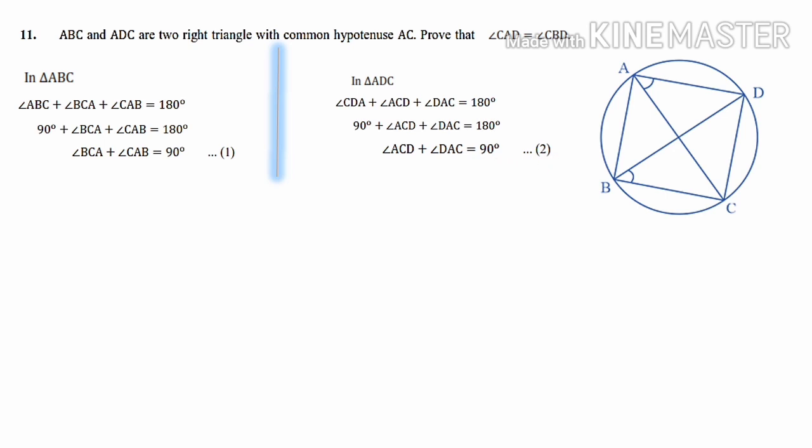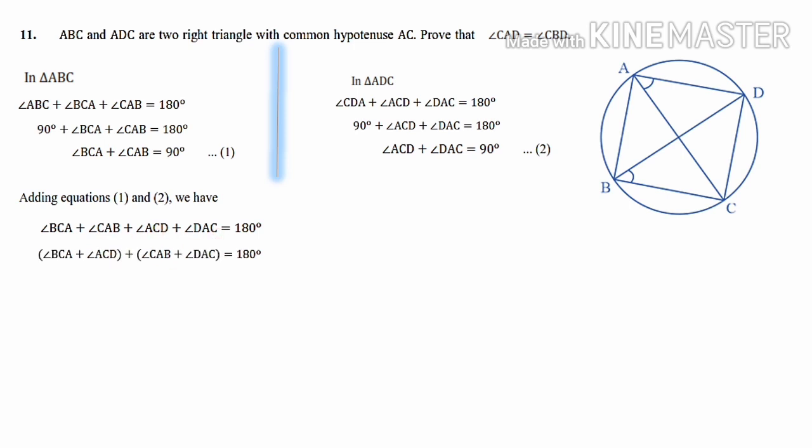Now what you have to do is add these two equations. Add these two equations: angle BCA plus angle CAB on the left side, and angle ACD plus angle DAC on the left side, added together, 90 on the right side and here also 90, equal to 180. Now you can see you have to just group it. Four angles are there, you just group them. Angle BCA, the nearby angle is ACD. So these two you have to group, BCA and ACD, and the remaining two you make another group. That is angle BCA plus angle ACD plus angle CAB plus angle DAC. You can see CAB, DAC.